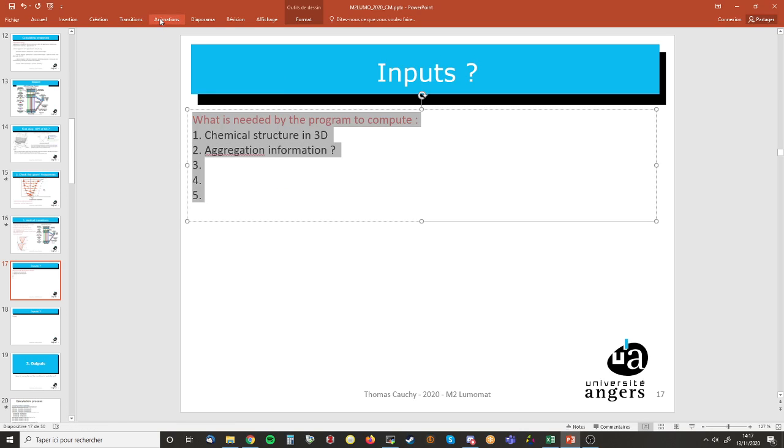Okay. Aggregation state, like in which state the compound is, because in solid and in fluid